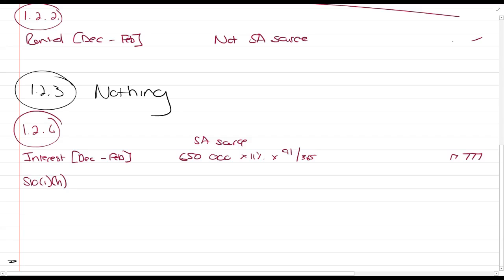Now, guys, first thing which you have to consider is section 10(1)(h), which applies to non-residents. It says interest from a South African source is exempt, but it's not exempt if you were in South Africa for more than 183 days in the last 12 months before this. She was a resident. So she was in South Africa more than 183 days in the preceding 12 months. So thus, this is not applicable. Then she can use section 10(1)(i).